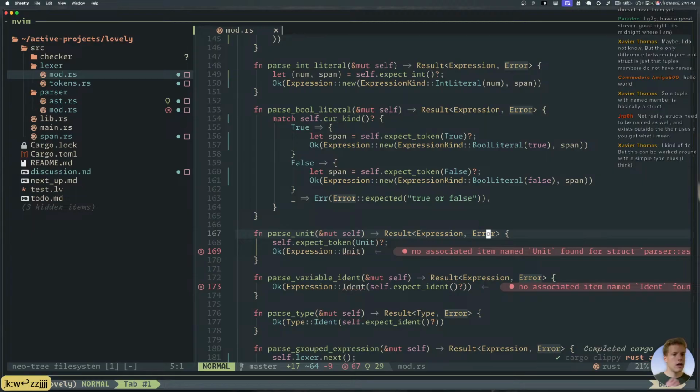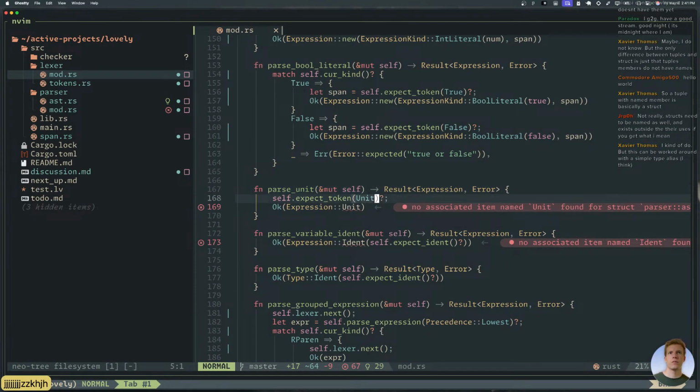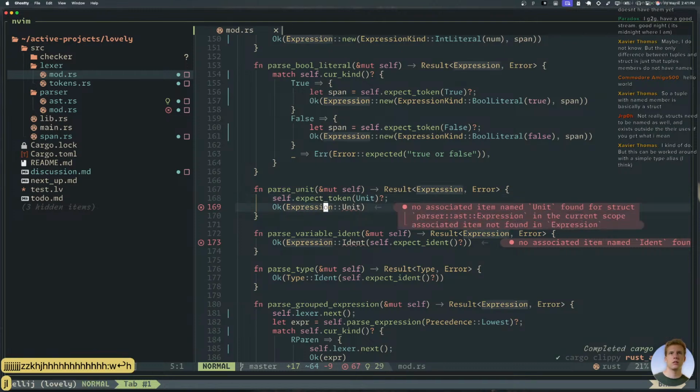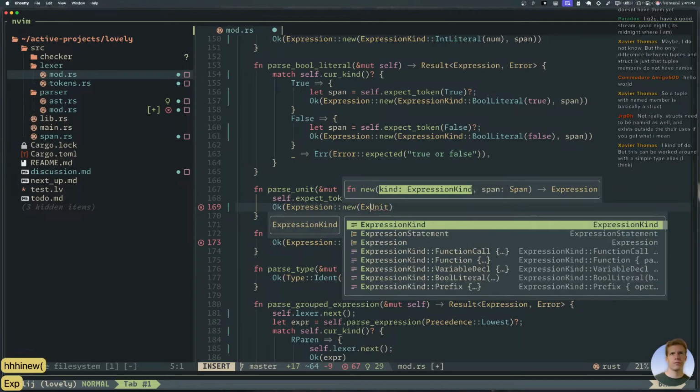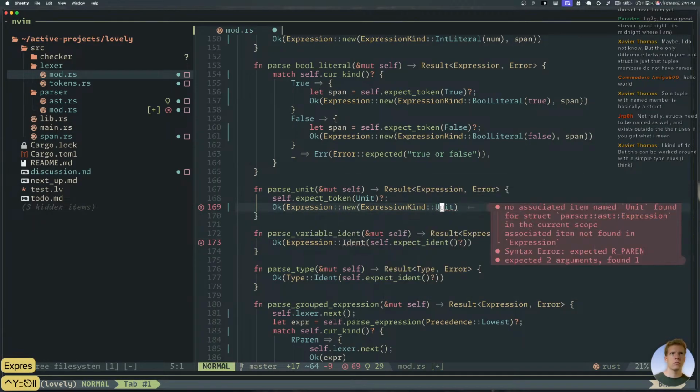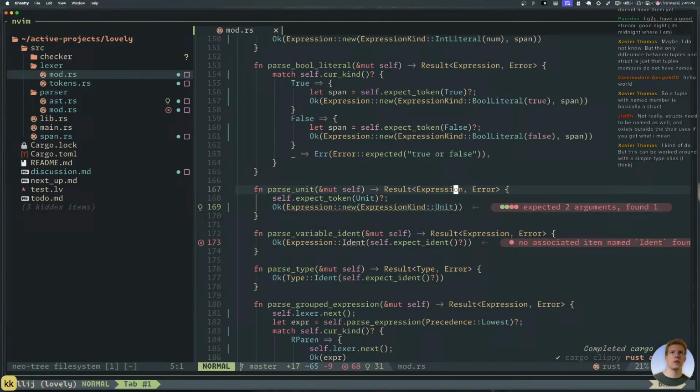How would a type alias fix that? Okay. This needs to be new. And we need a span, right?